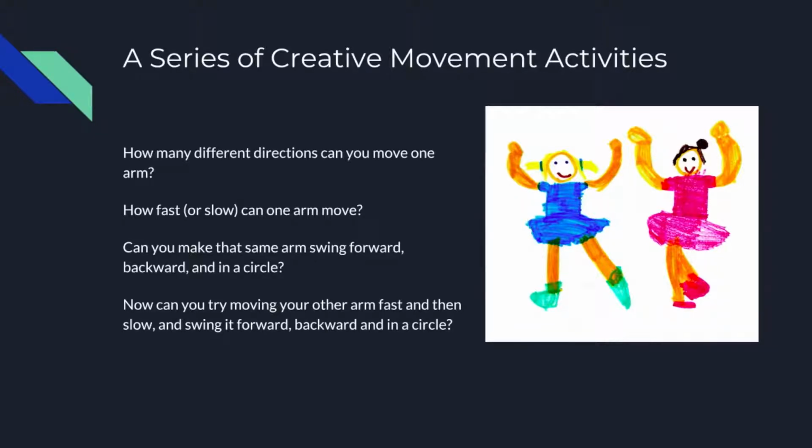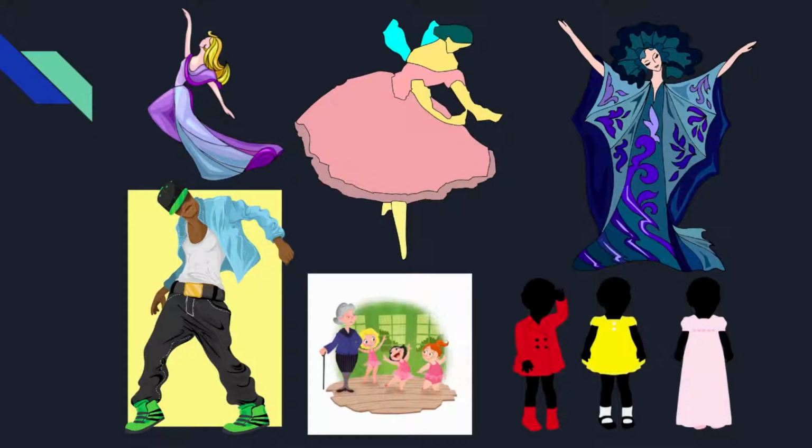Begin asking the students questions like, how many different directions can you move one arm? How fast or slow can you move one arm? Can you make that same arm swing forward, backward, and in a circle? Now can you try moving your other arm fast and then slow and swing it forward, backward, and in a circle? In this list of questions, the arm was the main body element to be explored, while the elements of space, time, and energy